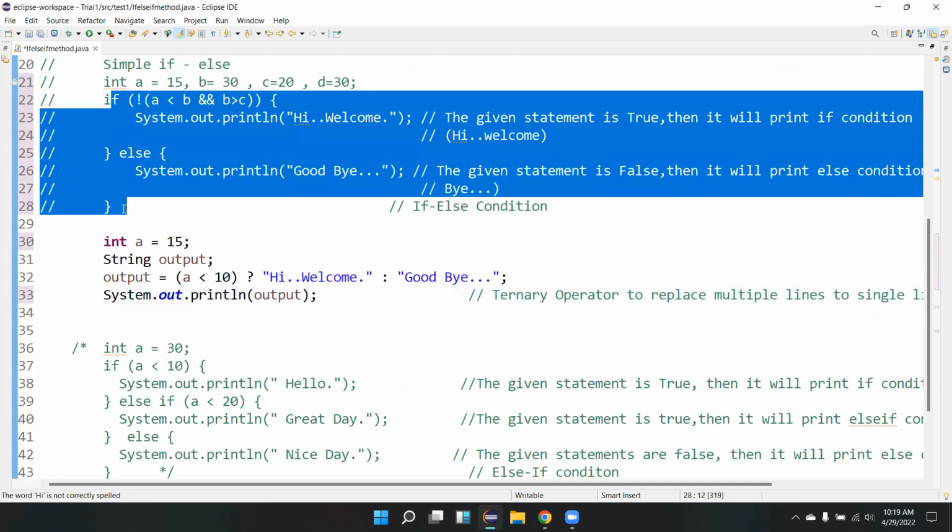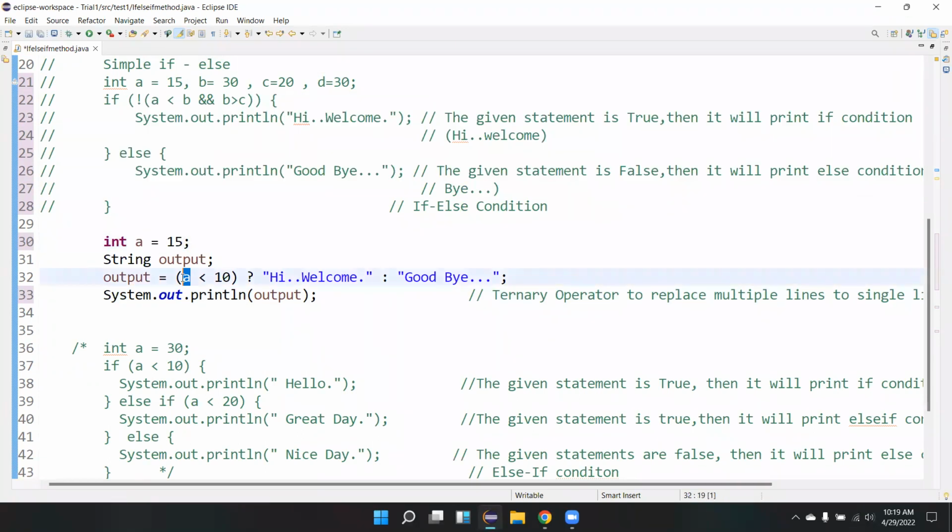Now all this code can be written in a single line. For example, we know the value of A. Now this is the condition, A less than 10, and here the question mark. You are asking whether A is less than 10. If it is true, then you print this, hi, welcome, or else goodbye. Then you capture that particular output string into this.